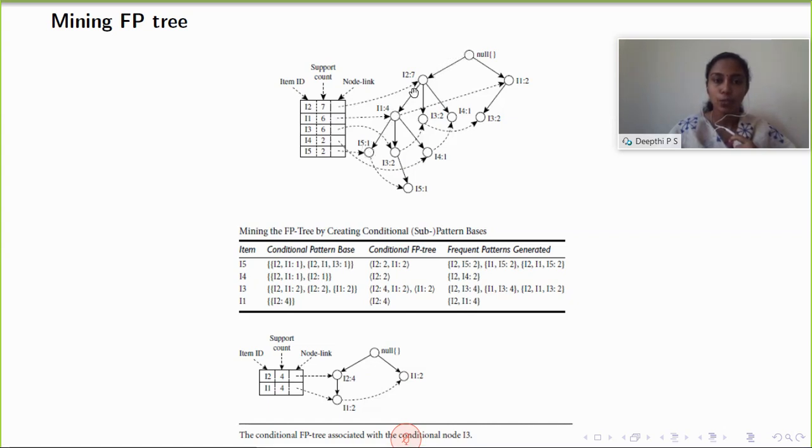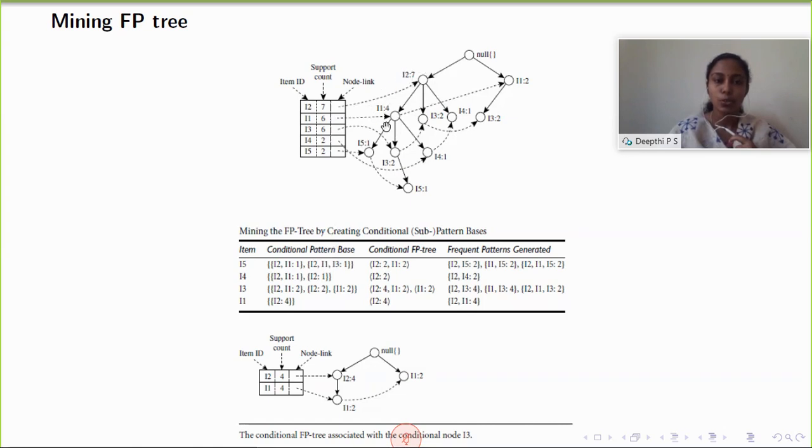This is one path: from the root node, we can reach I2, then I1, then I5. And for reaching this I5 node, we have another path, that is I2, I1, I3, and I5. Okay, so these nodes we have to add in the conditional pattern base.